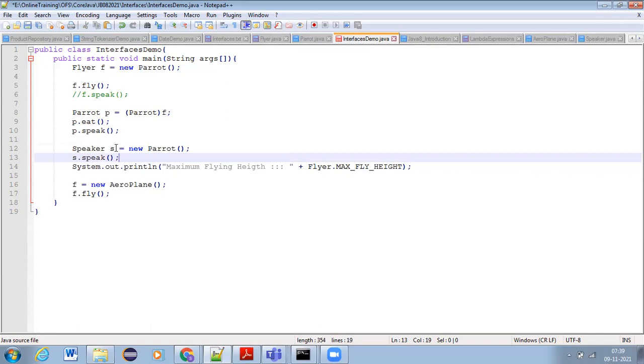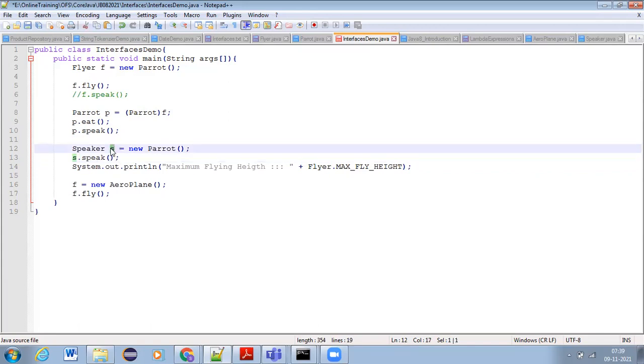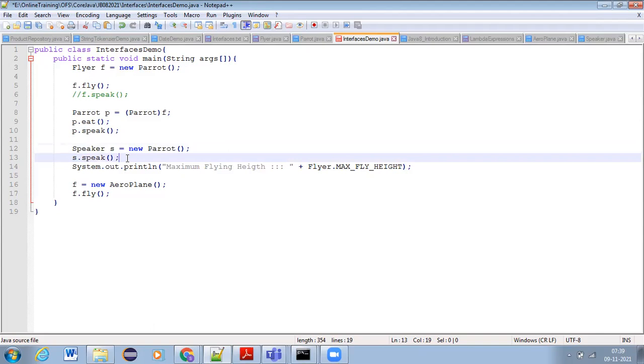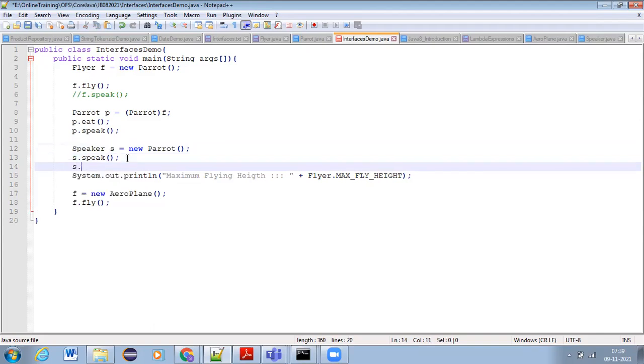But using s, can you call s.fly? If I say s.fly, what happens? It will give you an error. Fly is not there in Speaker, and speak is not there in Flyer, right?